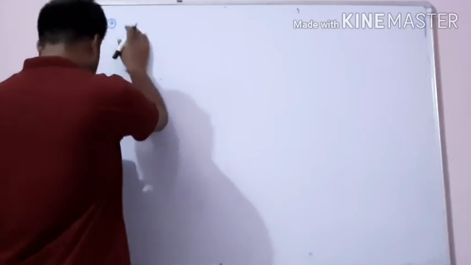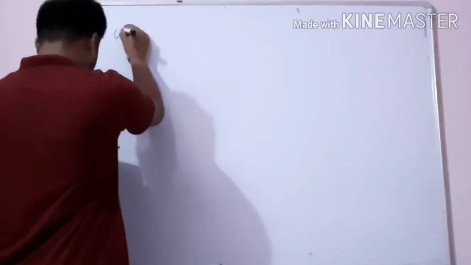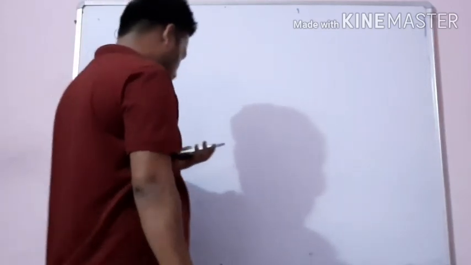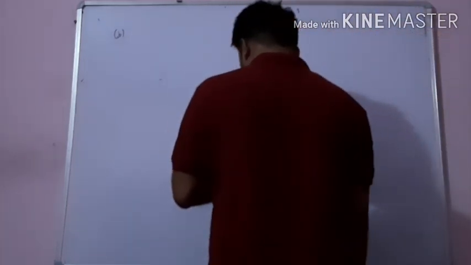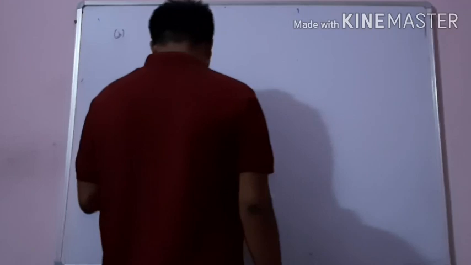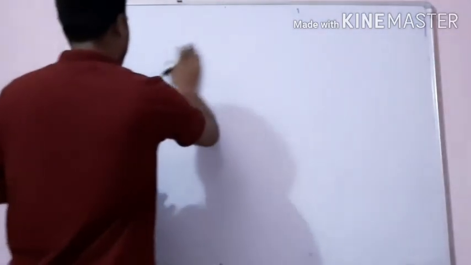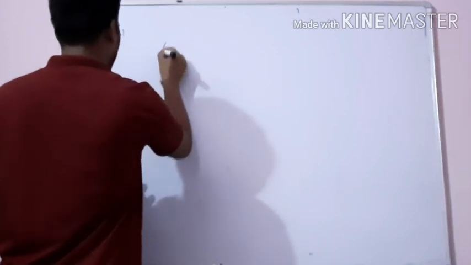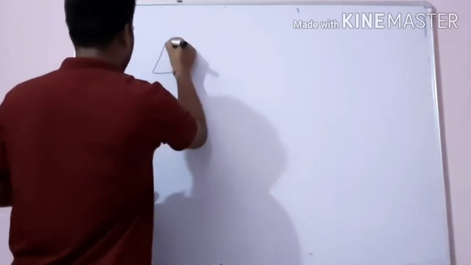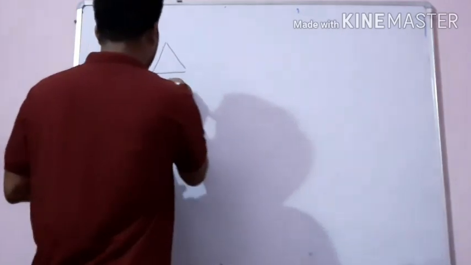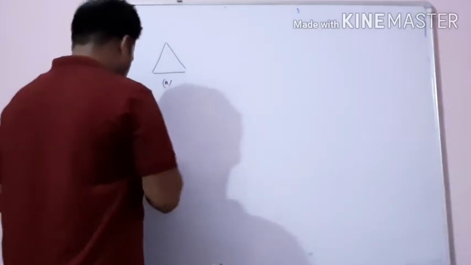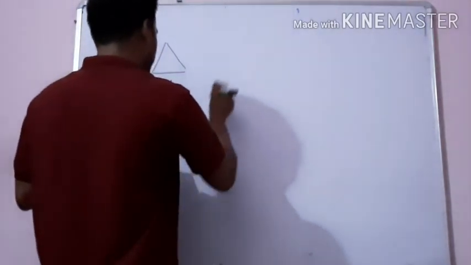Question number B. The figure below gives the matchstick pattern of triangles as in exercise 11 A above. Find the general rule for the number of matchsticks in terms of the number of triangles. The figures are given in the shape of triangles. The first figure is like this. This is figure A. Then the next figure is this.